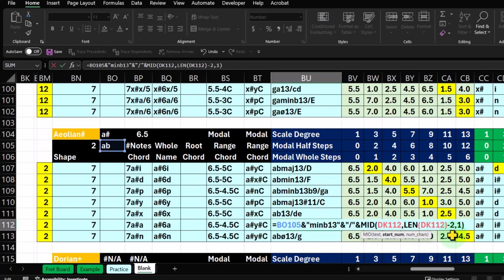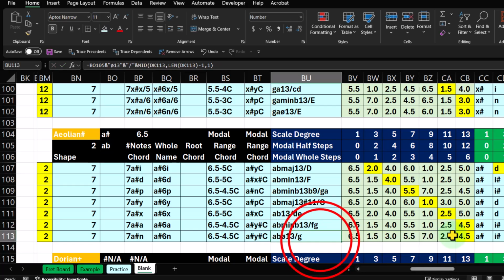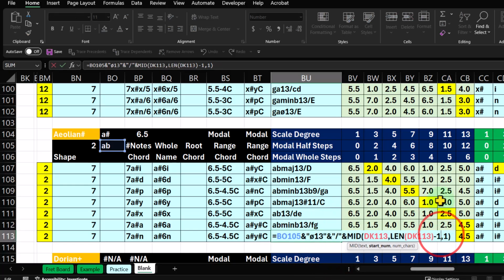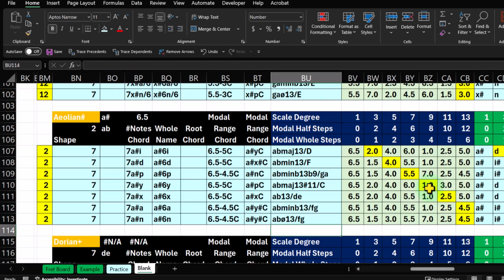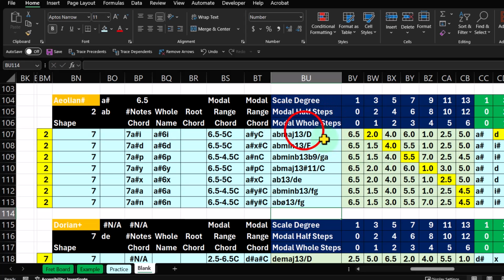So I'm going to make this a 2 and a 2. This one needs to be a 2 and a 2. It needs to be a 2-2. Okay. So then